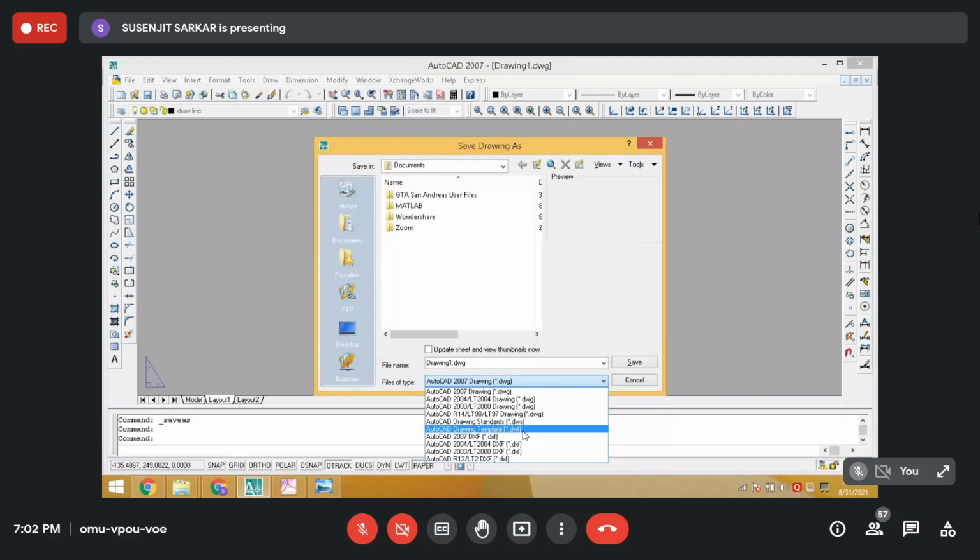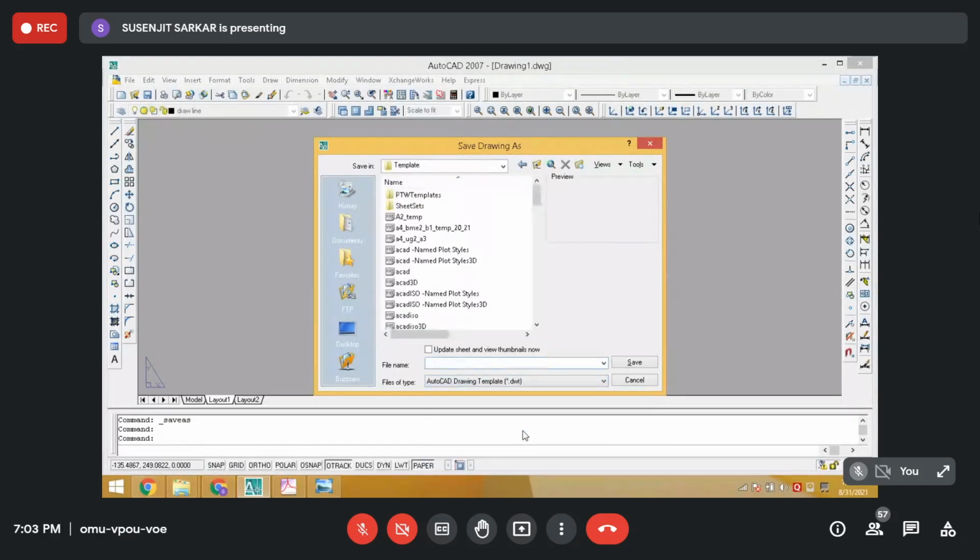So you have to save your template in that particular folder only, right? But for the drawing, you create another folder where you can save it in your name. And you see that in the template, the extension is DWT. Here you can write template A4 ME